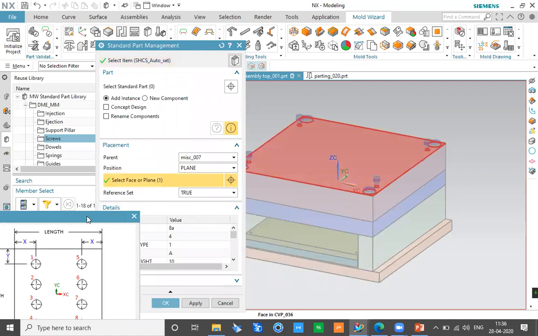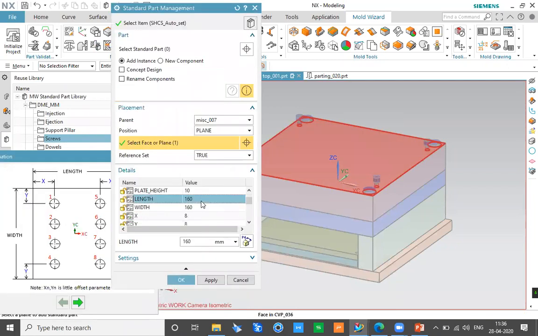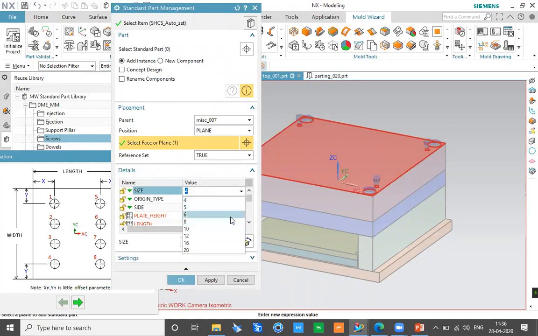Now, what should be the length? So here I'm defining the length of this thing will be 274 by 234. So I just define the length and width. Then I can also decide the plate thickness over here. I know the plate thickness is 20 mm, so I'm deciding the plate thickness to be 20 mm. Side is going to be A, and I also want to define the size of the bolt. This should be defined at an earlier stage, otherwise this will all get reset.